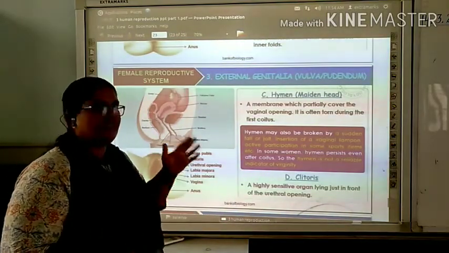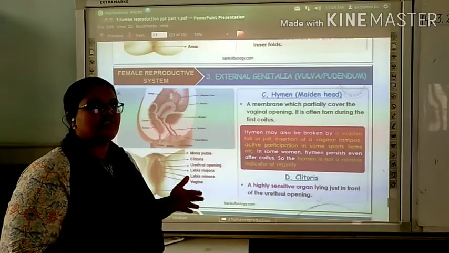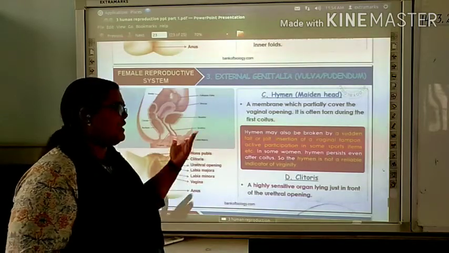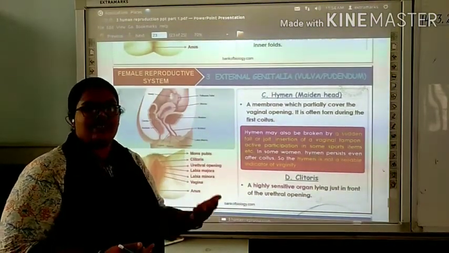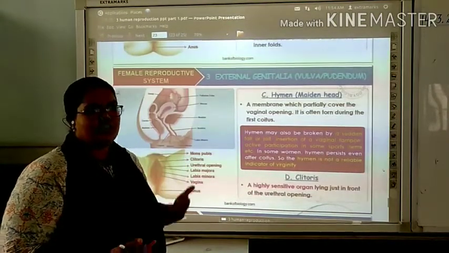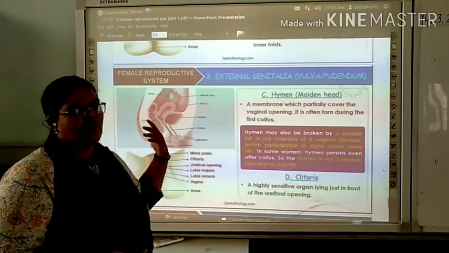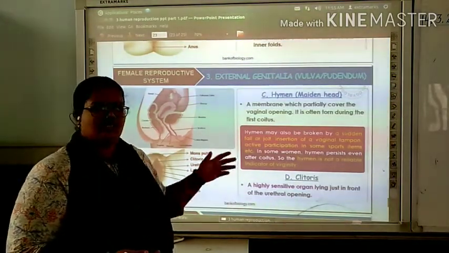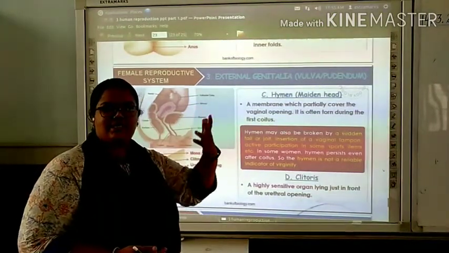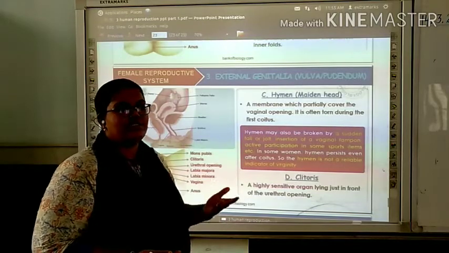It is not mandatory that the hymen must be torn open at the time of first sexual intercourse. It can be torn if you are doing regular physical exercise like cycling, or if you are a sports person. In that case also it can be torn open. In the olden days it was considered a sign of virginity, but that's actually a false thinking, that only if the hymen is present is the woman considered a virgin.